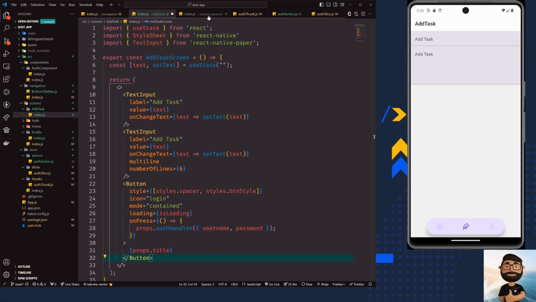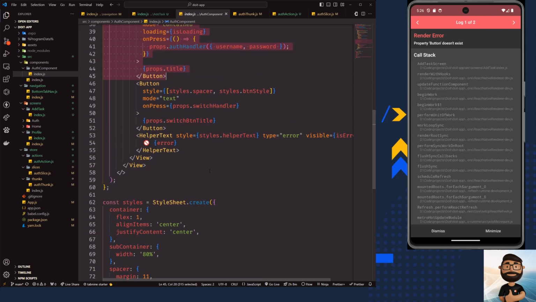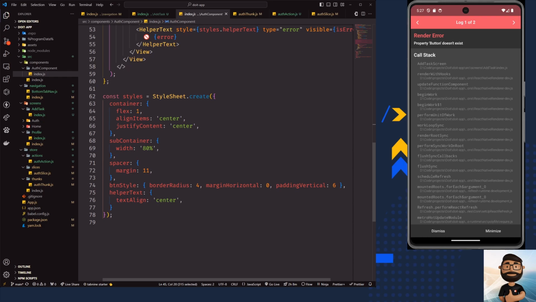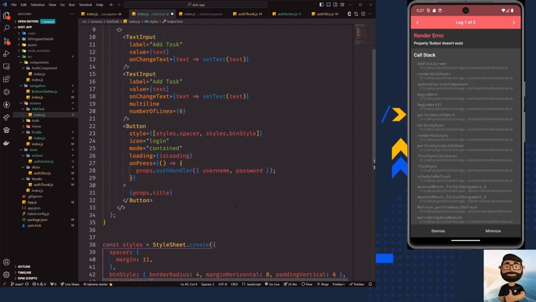So I'm going to copy the style, and for that we need two styles. One is style spacer. We don't need spacer, but we need style button. Okay, so style button I'm going to copy. Let's copy spacer as well, because maybe we are going to need it. Okay, style objects here, and now if I save this